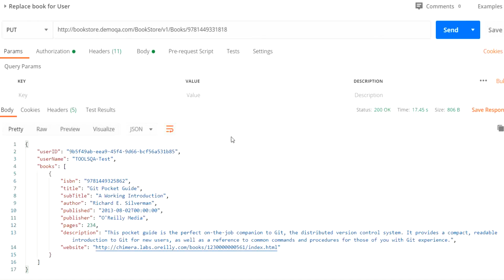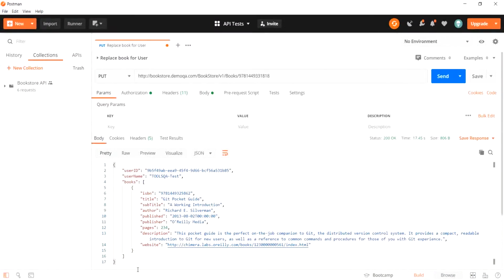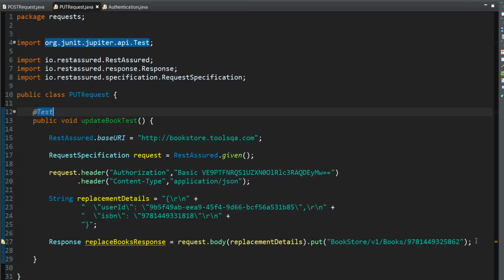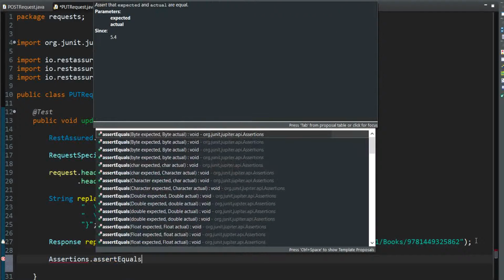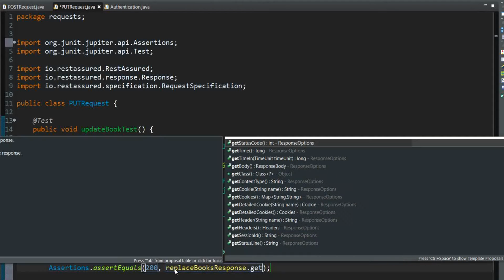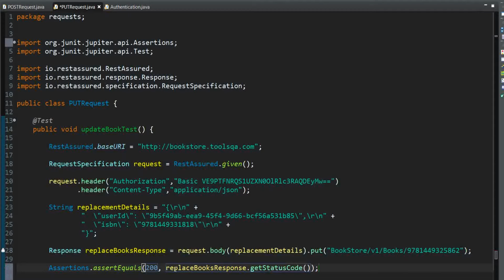Having understood this, let us move back to our Rest Assured code and write down the remaining part of the code. This is the response object that we have composed. Right now, let us write an assertion and confirm if we are getting a 200 status code. In the expected value for us, it will be 200, since that's the status code that we are expecting, and the actual value will be basically the response object followed by get status code method, which will derive the status code we are receiving in the response.